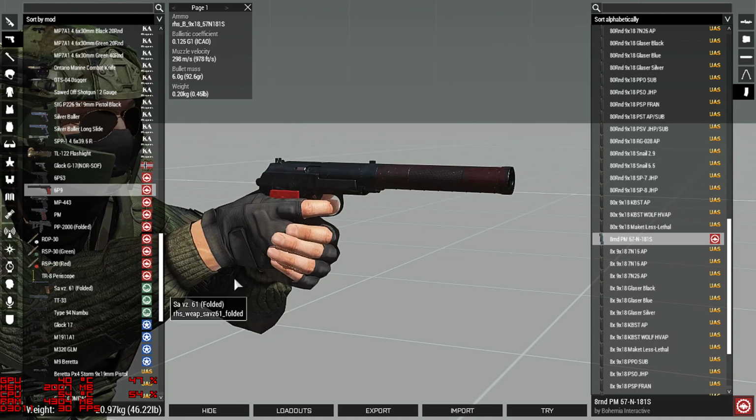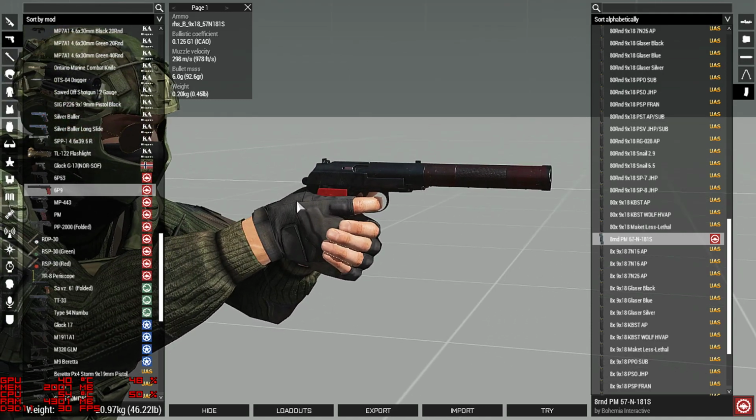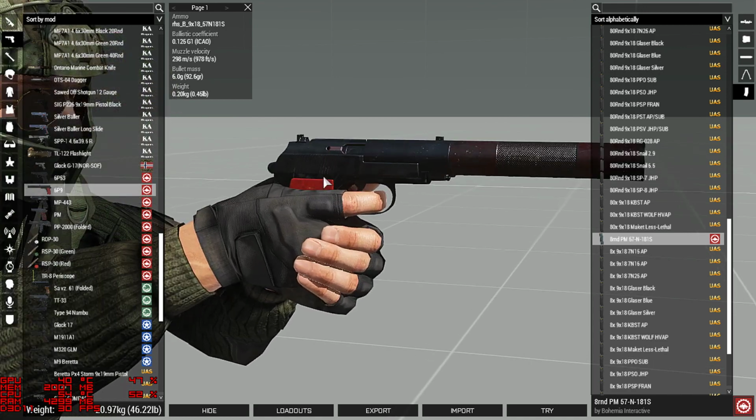When you say the recoil system is in the grip, does that mean that the slider doesn't actually move? It moves, but it interacts